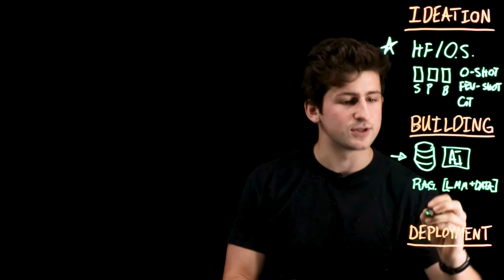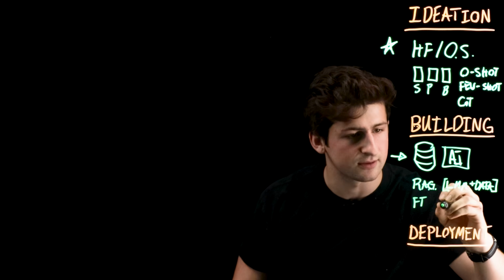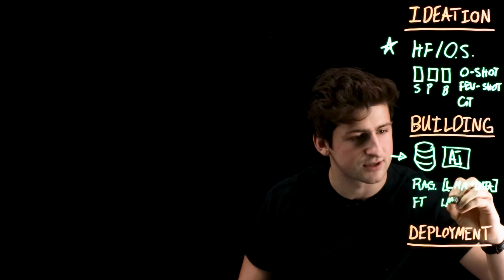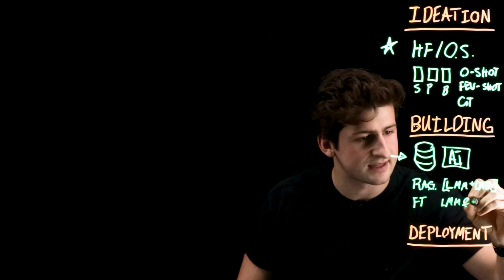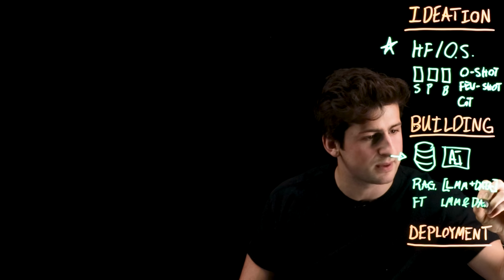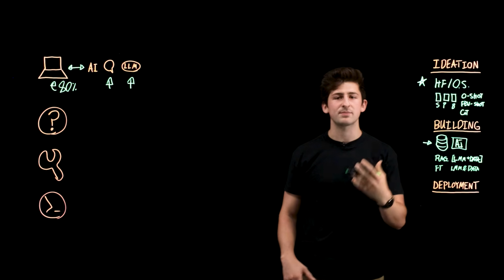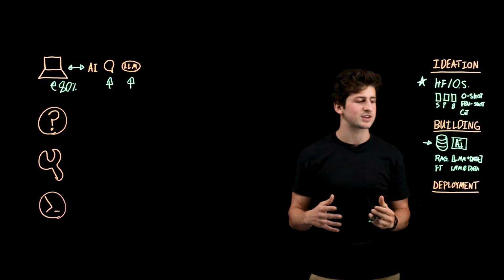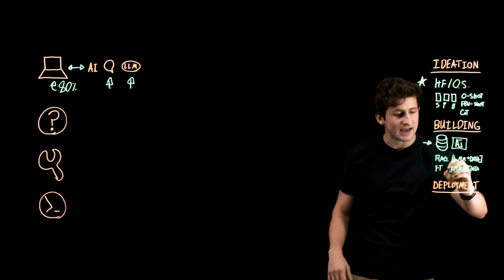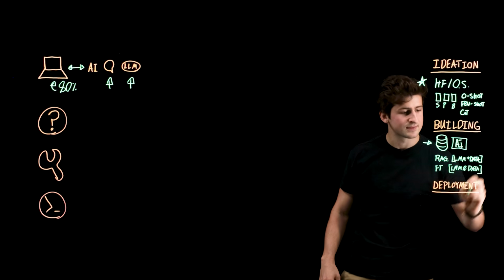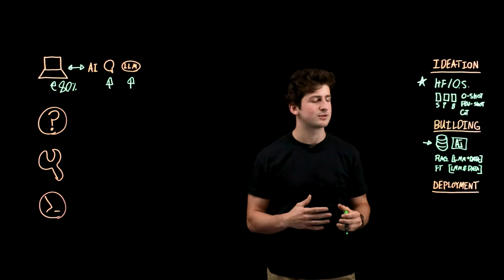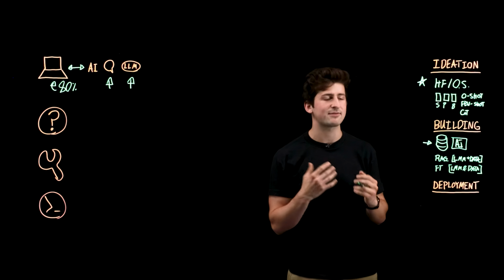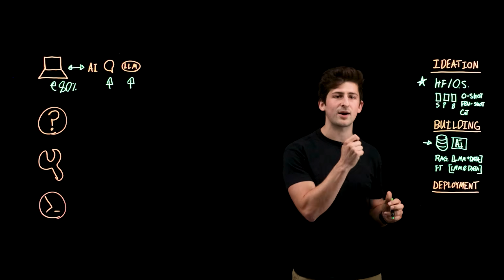But what you can also do is fine-tune the model. So take the large language model and include the data with it. So we're actually baking this information, how we want it to behave, the different styles and intuition that we want it to react with, actually into the model itself. And so then we can inference it and be able to have that domain-specific data every time that we're actually working with the AI model itself.